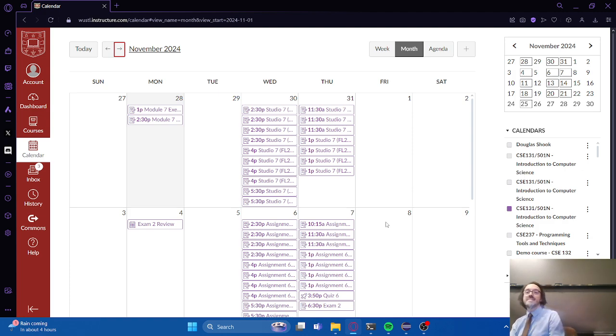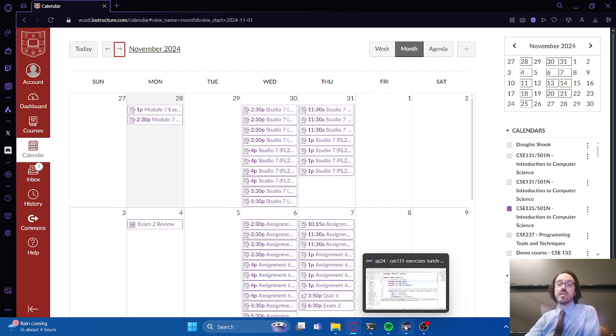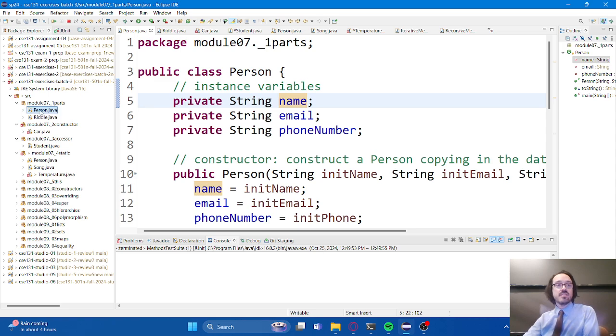And so today's topic is really just about what the heck are objects, how do we create them, how do we use them, and we're going to be touching on a lot of stuff, like I said, that we've been talking about all the way up in the last classes up until this point. It's kind of all coming together. So let's start off by taking a look at this person class that's in the prep work for today.